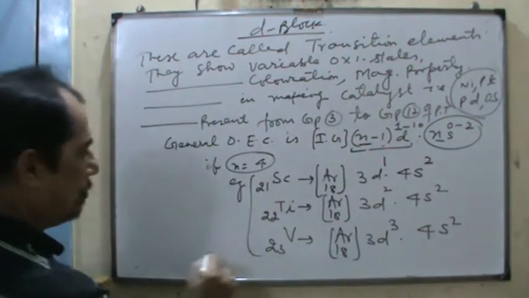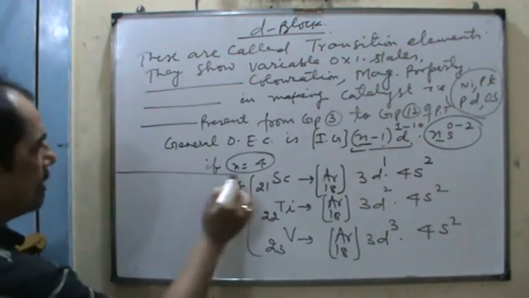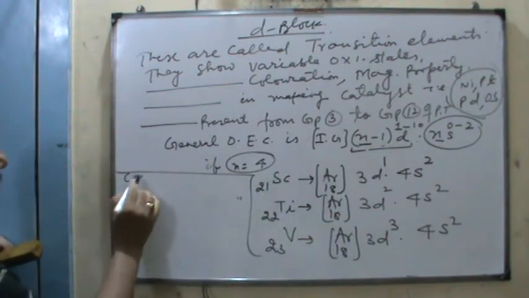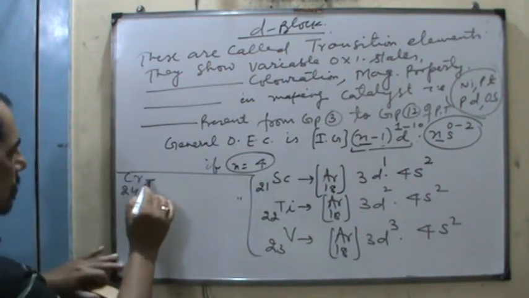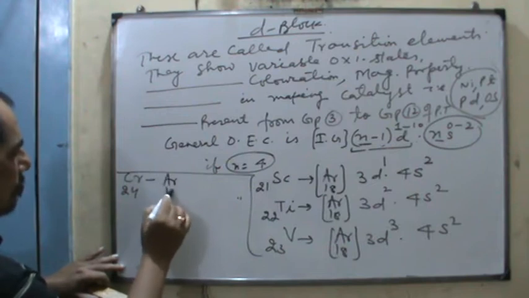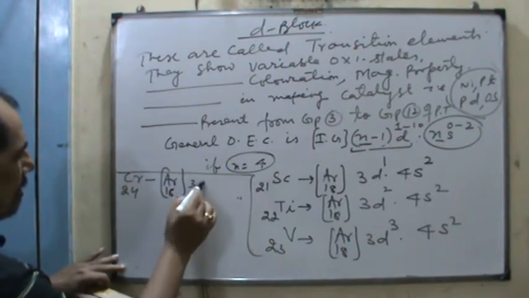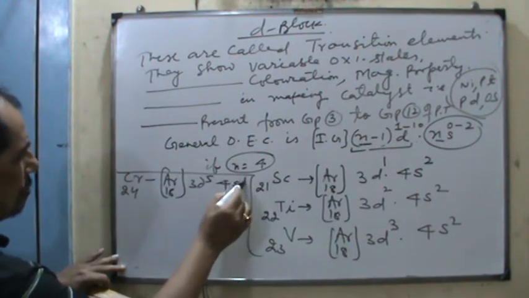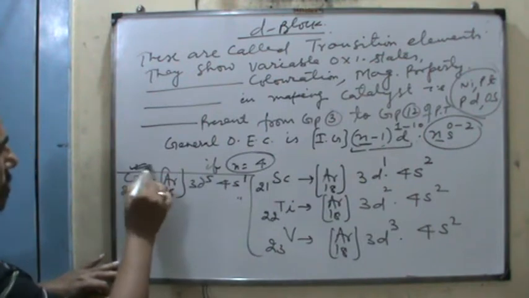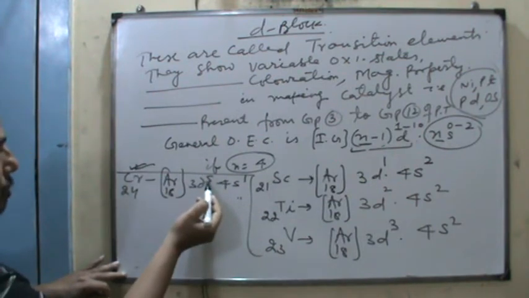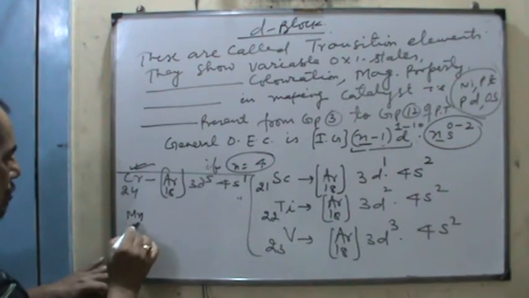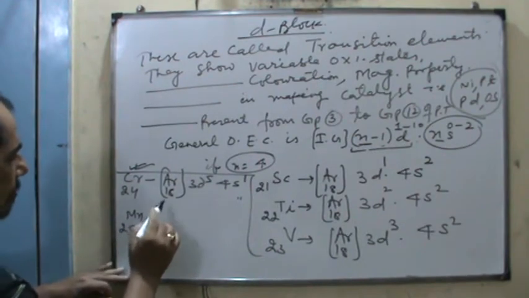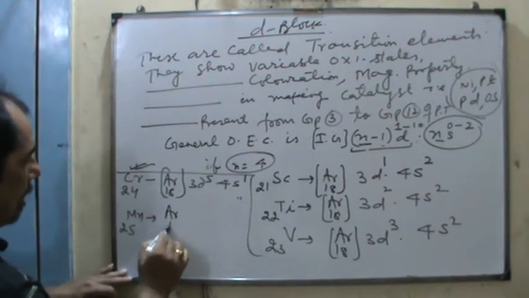Chromium 24: argon 3d5, an exceptional case, and 4s1. Because chromium is an exceptional case, you write 5 here. Manganese 25: argon